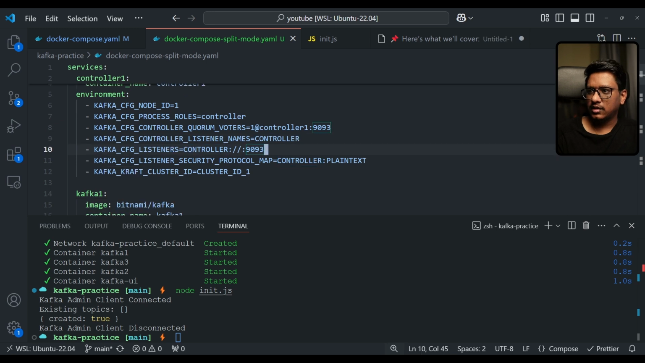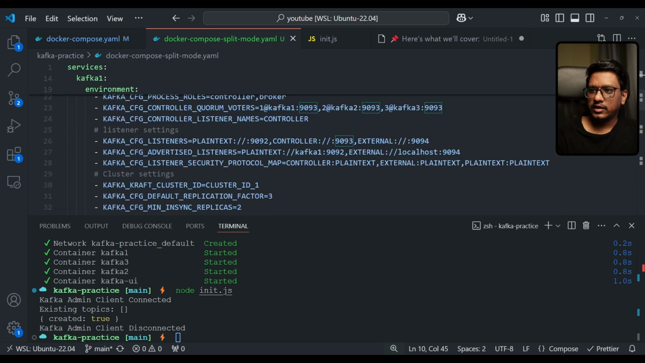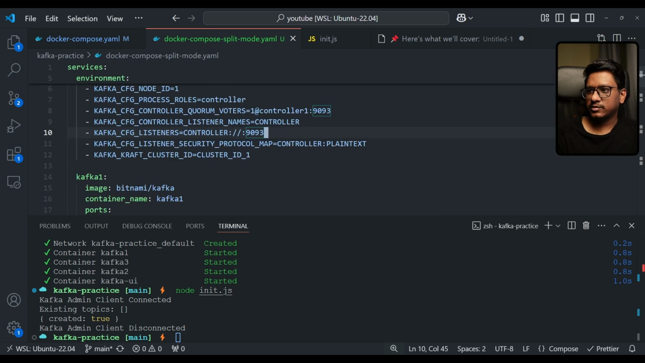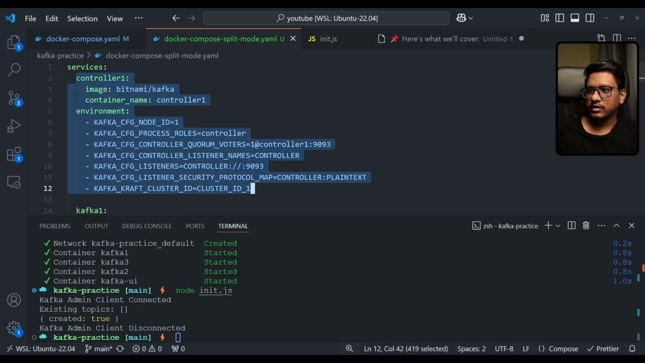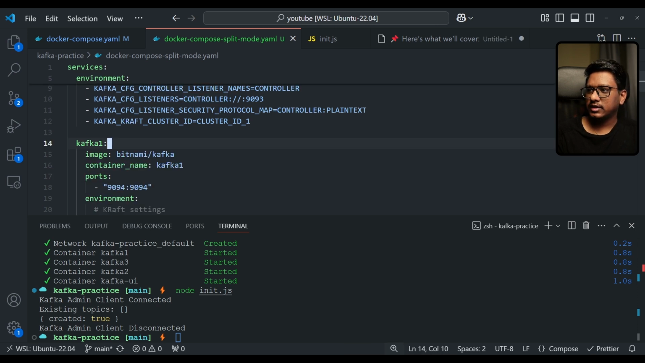Simple. Okay. This is all similar, just that we are not exporting any external or plain text listeners because this is basically a purely internal service. Okay. And then cluster ID, again we need to maintain this across all the nodes. Okay, that's it. So this is the simple service, controller 1, which acts as a simple KRaft controller. That's it. Now let's tweak the other instances